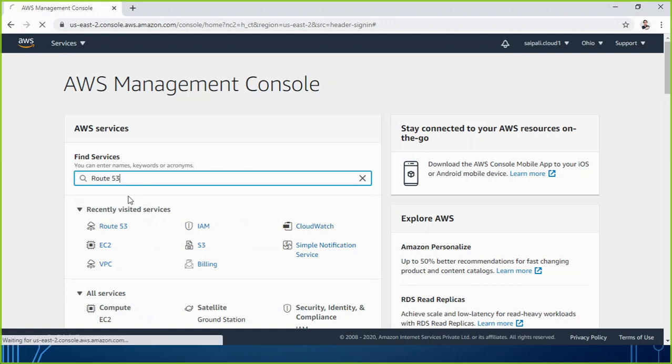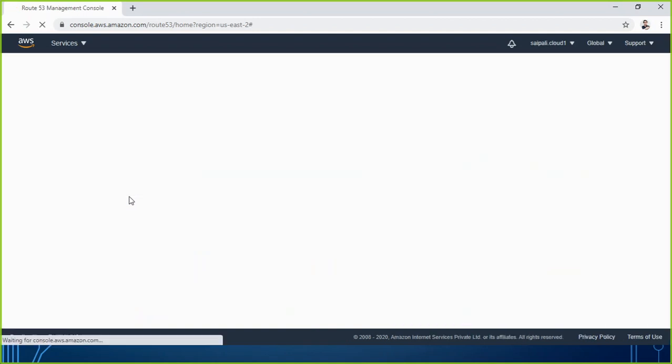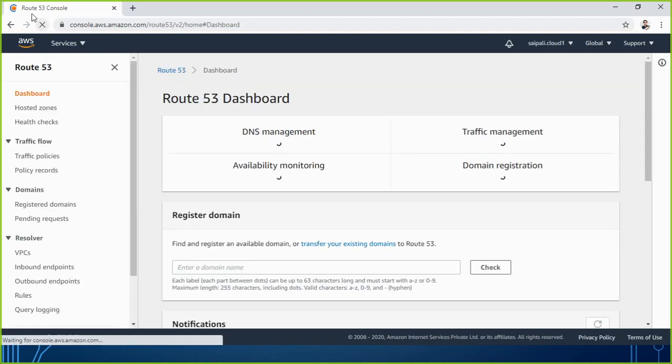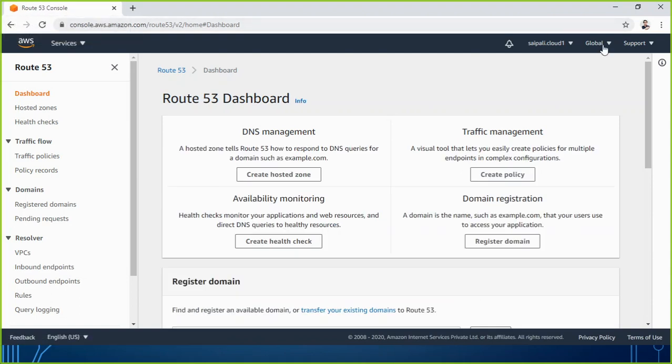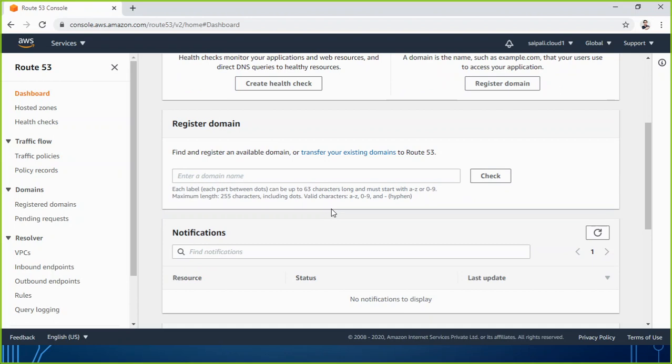This is the service I am looking for, so let's go to that service. When I reach the Route 53 console, you can see it is a global service, available globally, and here are the options. In the dashboard you can see DNS management, traffic management, domain registration, and availability monitoring. The very first step we have to follow is to register a domain.